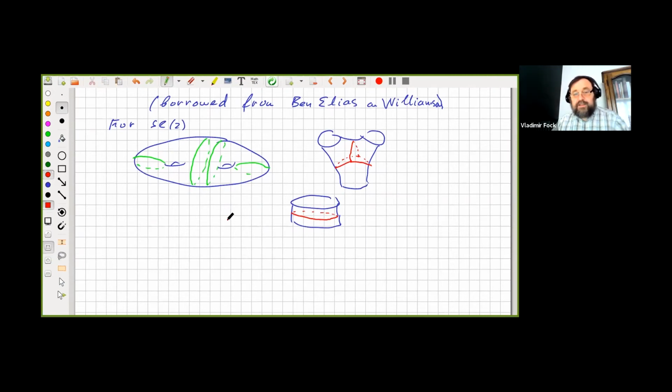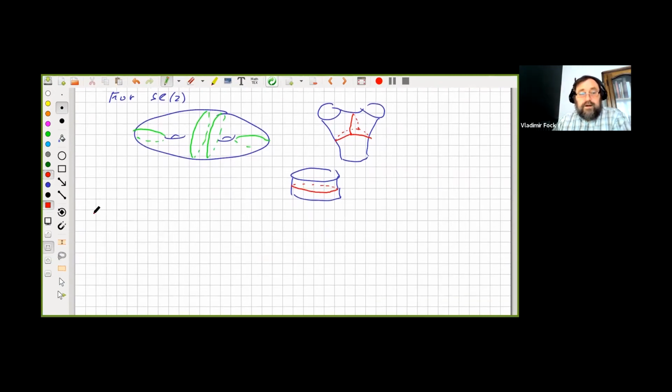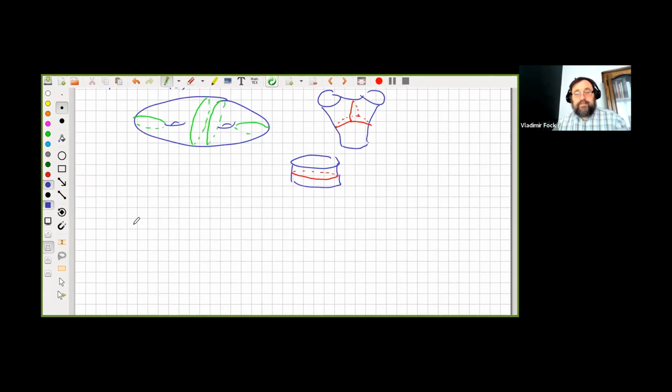Now I want to talk about another property of this lamination. It corresponds to the last property which I talked about, the higher laminations. You can have a correspondence: higher laminations which correspond to cells